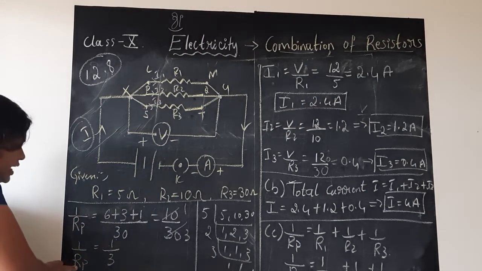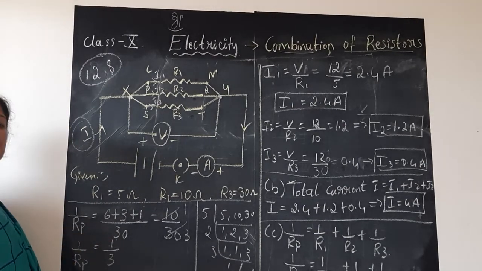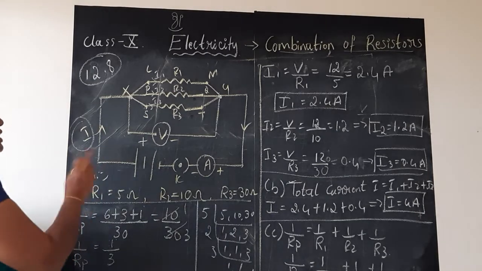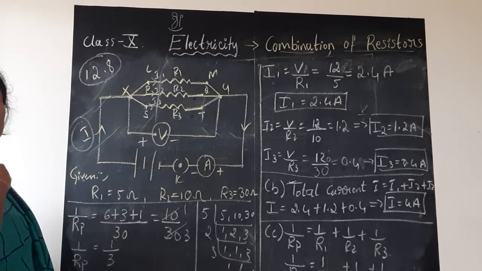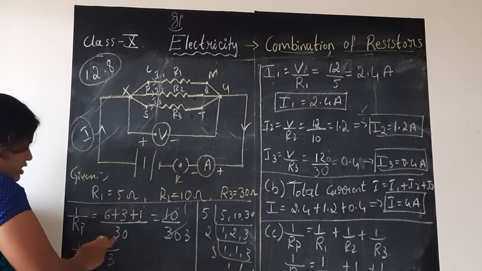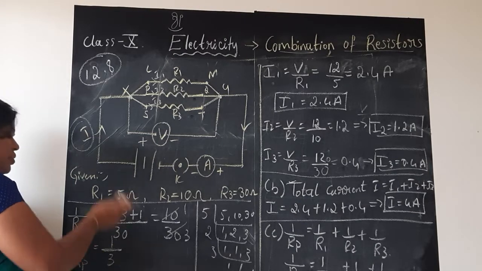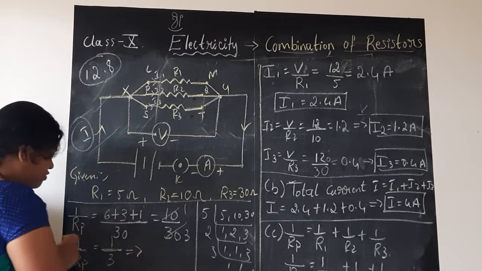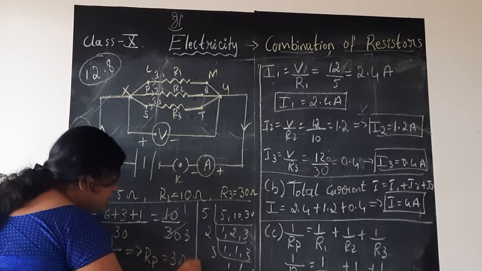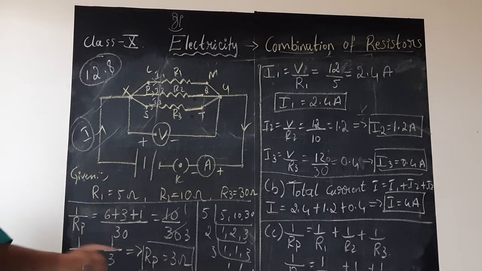Now here, both LHS and RHS, if you observe, children, in the numerators you have 1. Usually when you write the final total resistance in series, no problem. In parallel, you will be having it in the form of 1 by something. So in both the LHS and RHS the numerator is 1, so what we can do is just take the reciprocal. If 1 by Rp is 1 by 3, then Rp is just 3 ohms. Like this you will write the final answer.